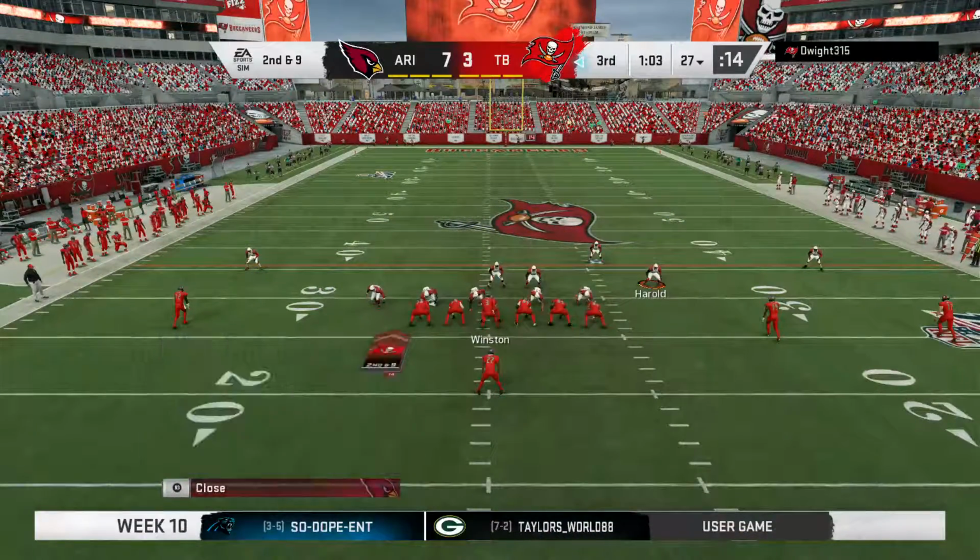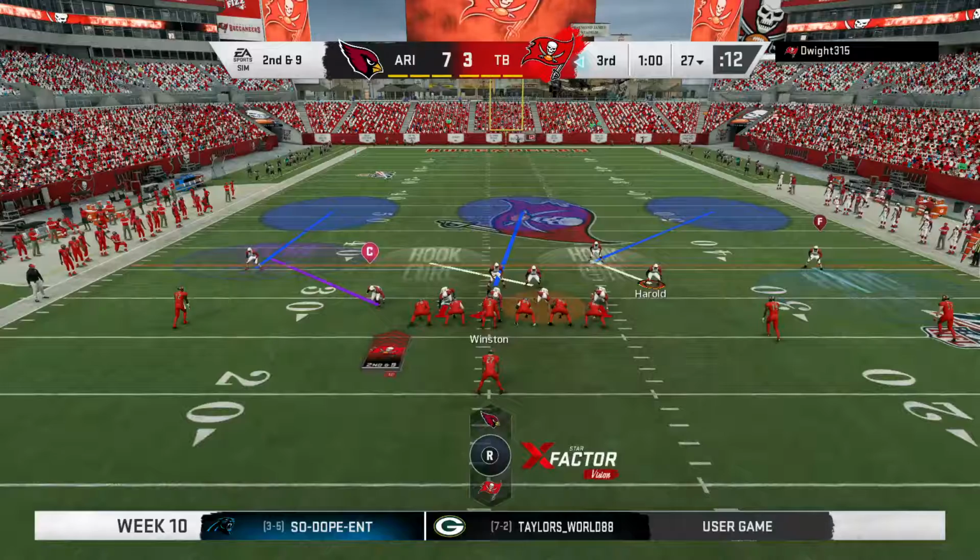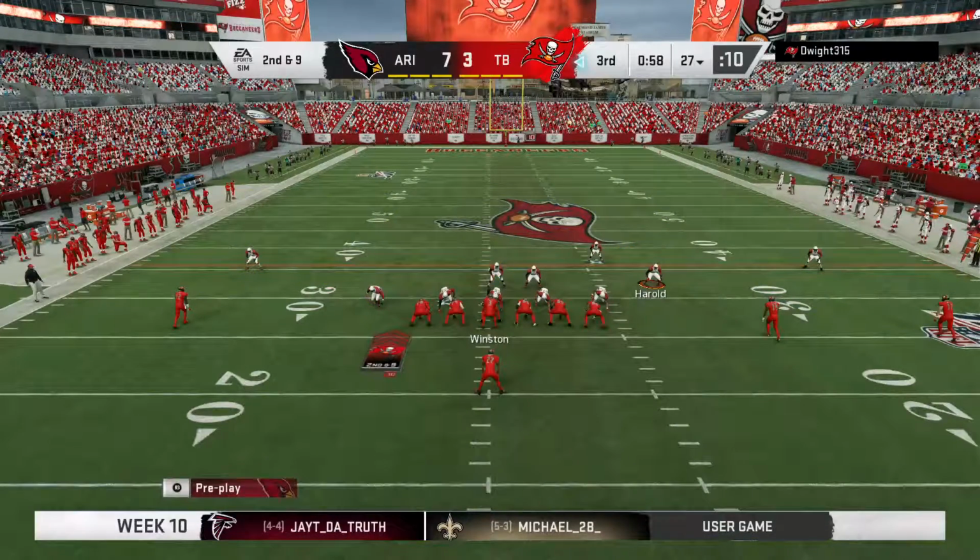Green, 17. Go 58 to Mike. Come to my trot. We want it. Come to my